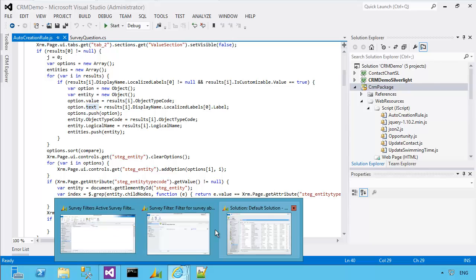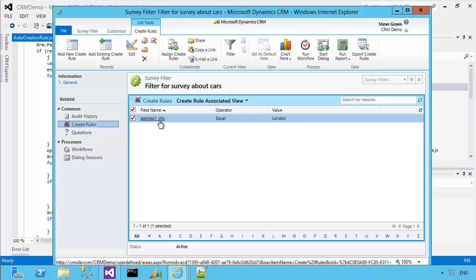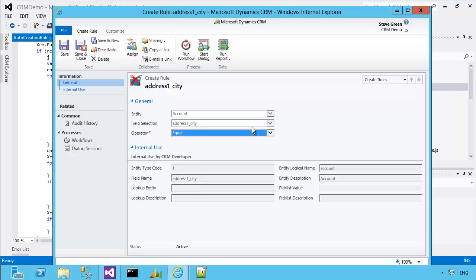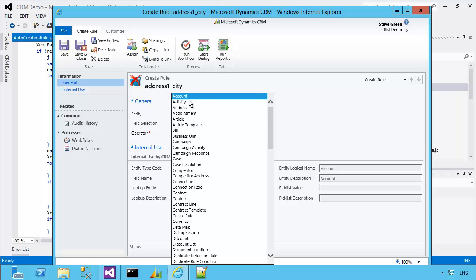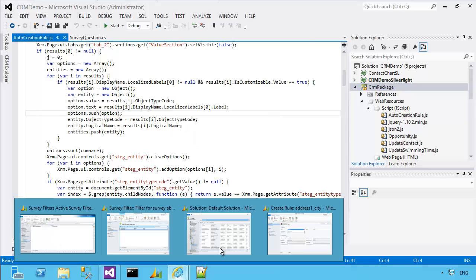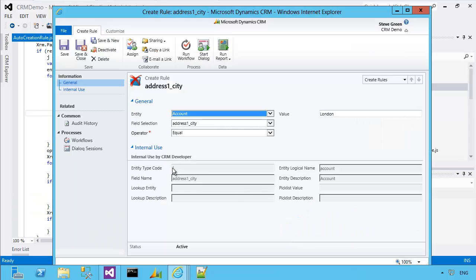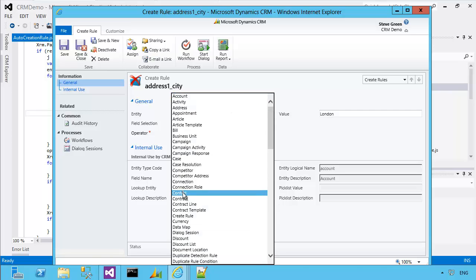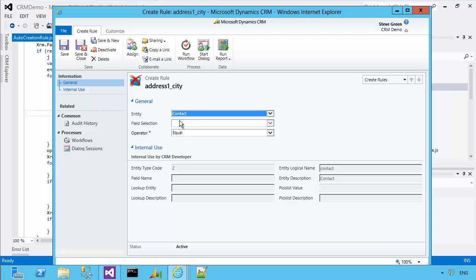So what that equates to is, if I look at the rule, basically each of these in the drop down, once this has finished the metadata retrieval, although you only see the account, the actual text there, each one of them has a value. So the value will be 1 for account, no idea what activity is, contact would be 2, and so on. So it gives me a means of storing them on that sort of protected area down here, so that entity type code. If I pick contact, you'll see it's changed to 2, and it's gone off to retrieve the fields